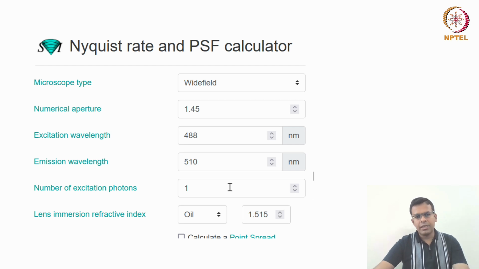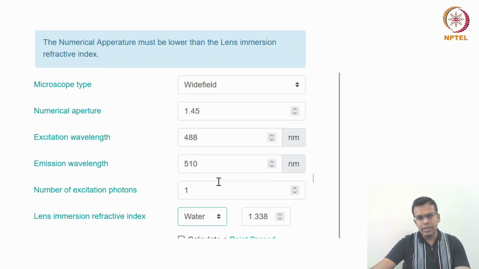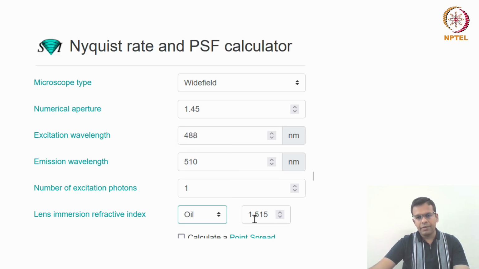The number of excitation photons is 1. Unless you are using 2 photon or multi-photon imaging, you should keep this value 1. And you have to mention the lens immersion refractive index, so whether you are using oil immersion or glycerin immersion or water immersion. Based on that, it will change the refractive index. So generally we use the oil immersion objective lens.